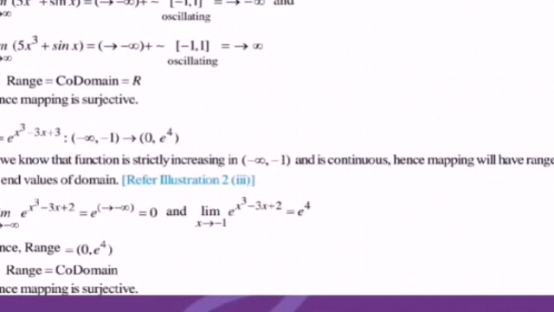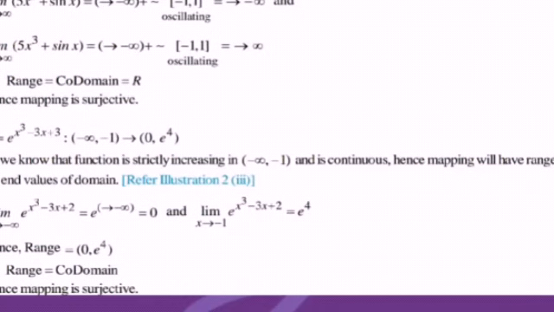Of course it will approach minus infinity. Mind this point: for every odd degree polynomial, if the coefficient is positive, whenever x approaches plus infinity, the result will be plus infinity, and whenever it approaches minus infinity, the result will be minus infinity. So e to the power of any odd degree polynomial approaching minus infinity will approach 0. e to the power minus infinity means 1 upon e to the power infinity, and that will become 0. So the value is 0 here.